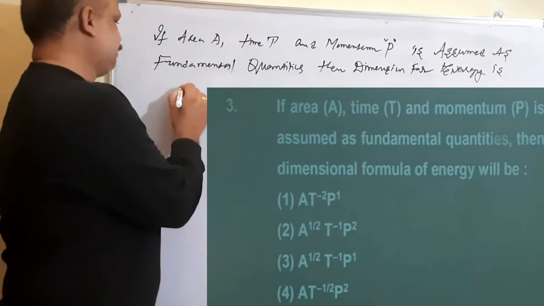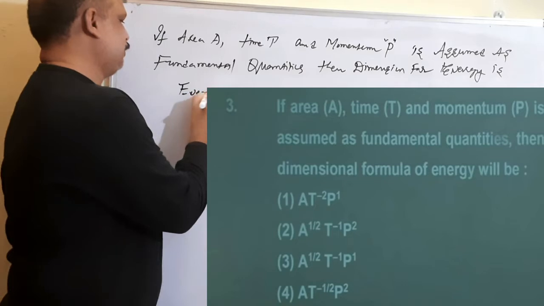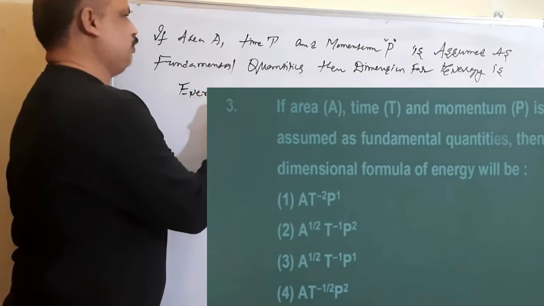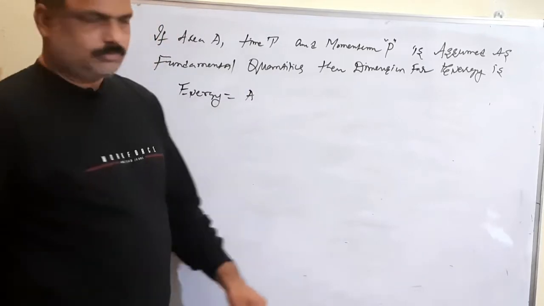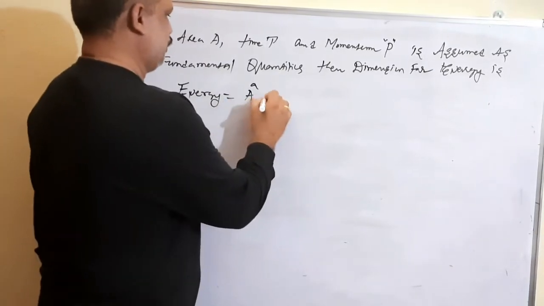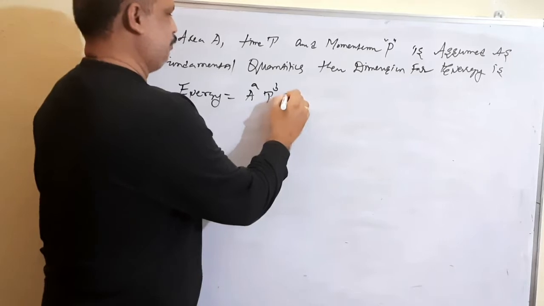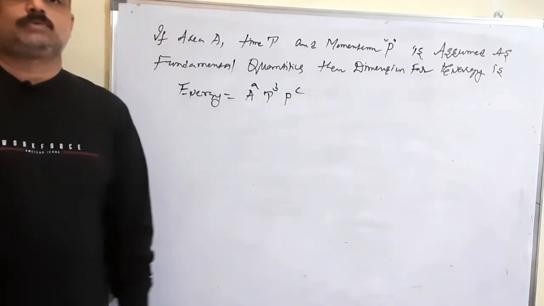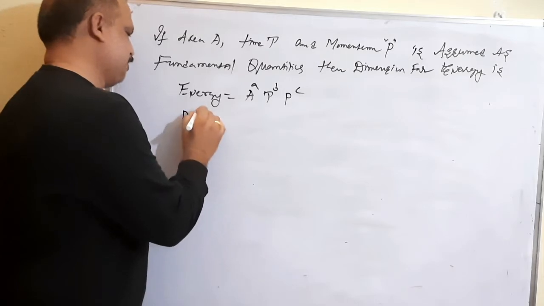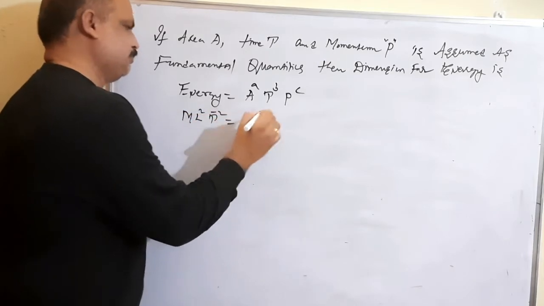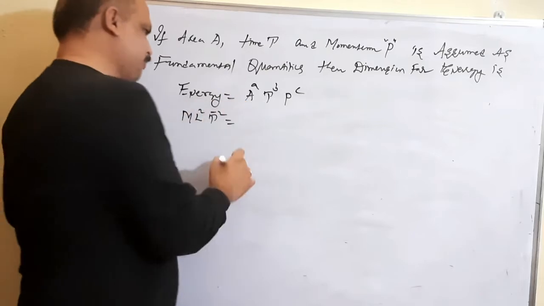So we write energy is equal to A to the power a, t to the power b, p to the power c. What is the dimensional formula for energy? ML square T power minus 2 is equal to...